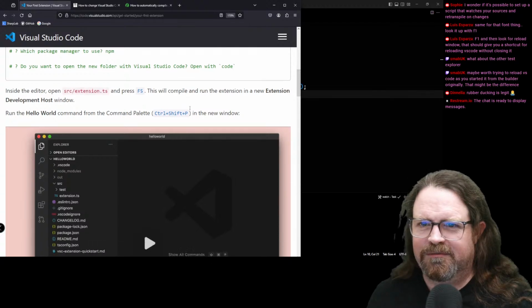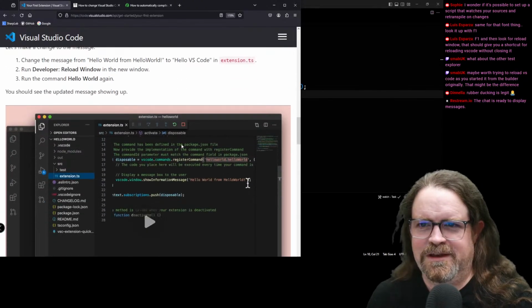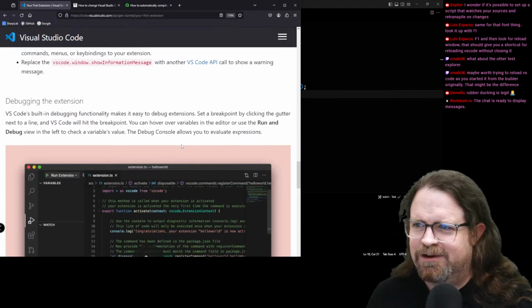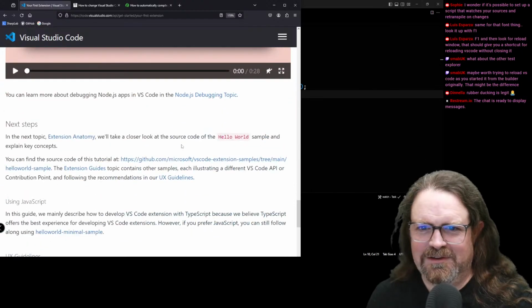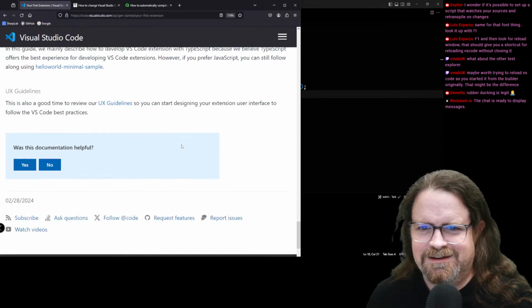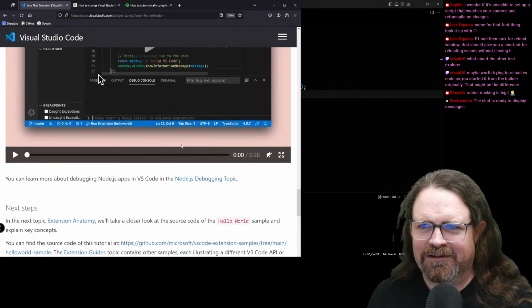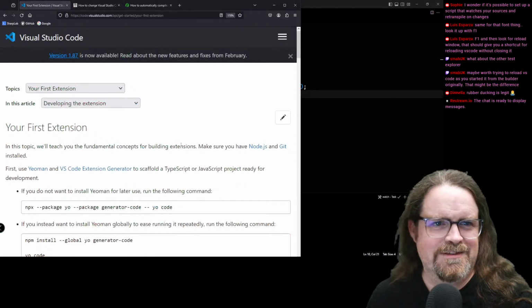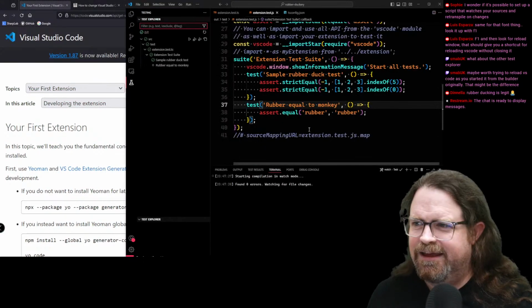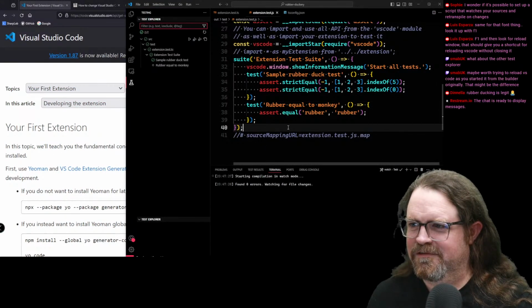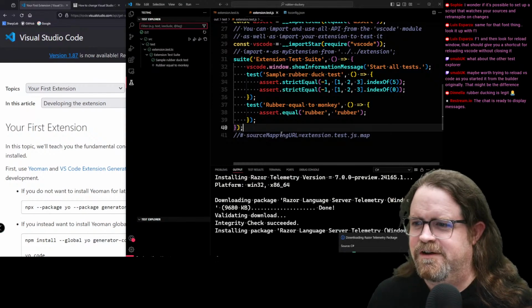open source extension, press F5. This will run a new developer host window. I don't recall seeing anything in here about you needing to do a Shift Control B to set a watch running in the background. And I guess the other question now is, so that's watching for file changes, but if I press F5,